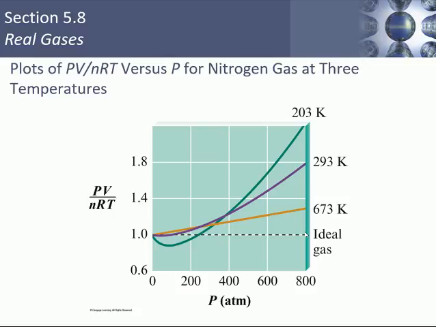Because again, at low temperatures, gases begin to behave less and less ideally. So this low temperature, which is about negative 70 degrees Celsius, just FYI, this nitrogen gas is going to behave very non-ideally. But this nitrogen gas at a very high temperature is going to behave more ideally. It's not going to be perfect, but it will behave more ideally, even as it does move away from this 1.0 ideal gas line.